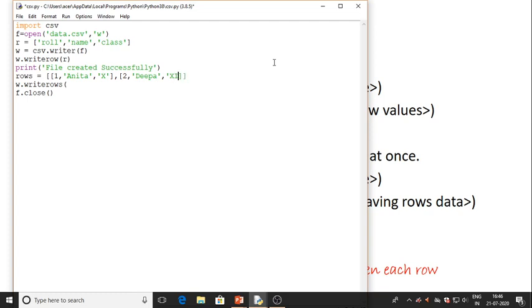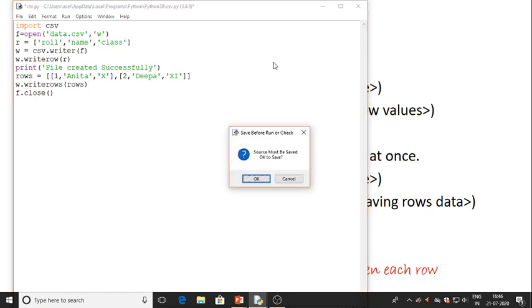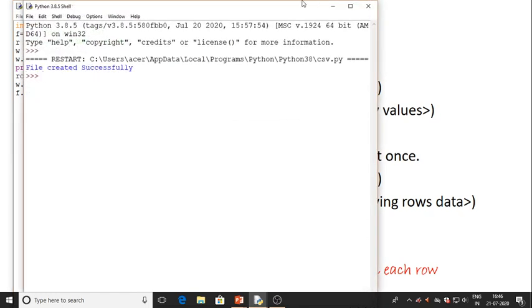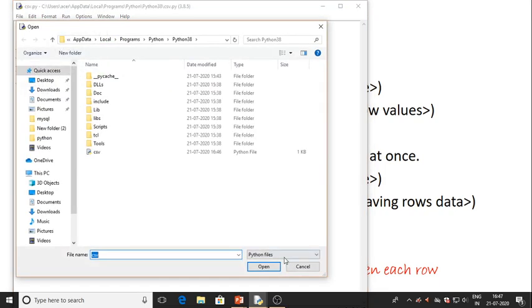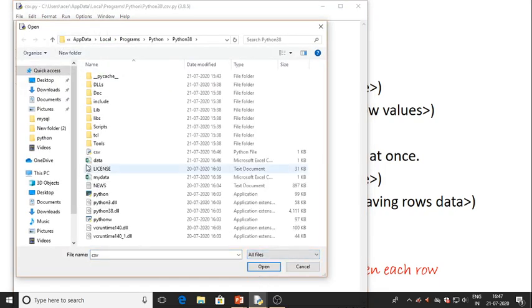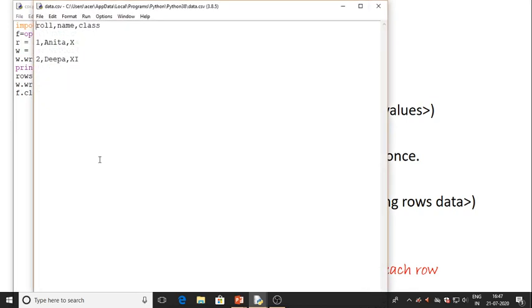Any class I can take. And in writerows I am going to write rows. Fine. F5. File created successfully. Now let's see what is there in the file. Now see, I am getting all the rows written over here.